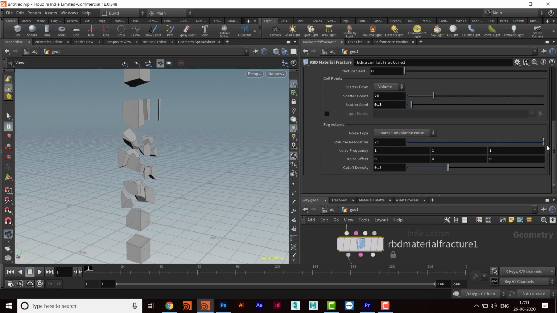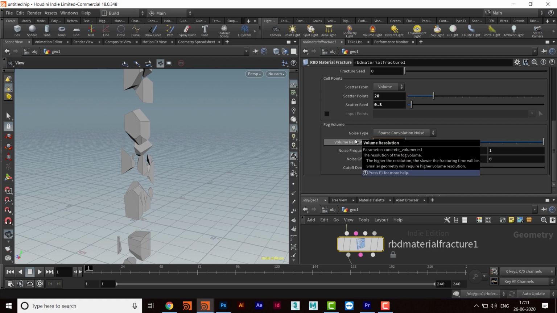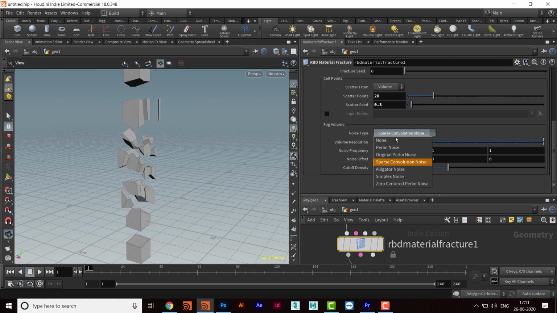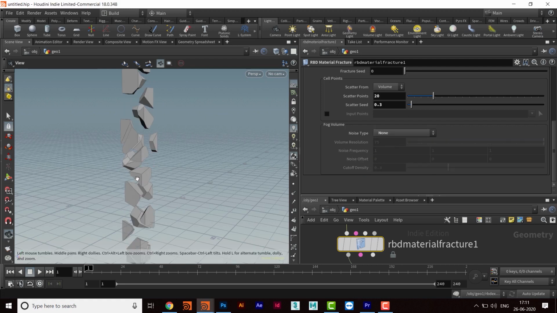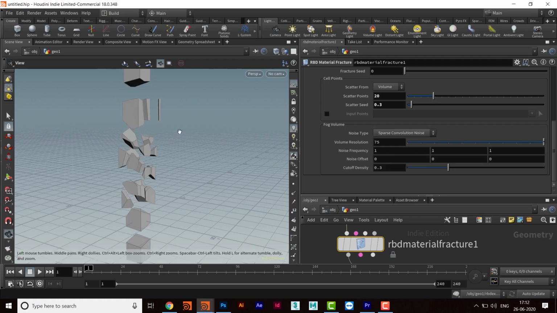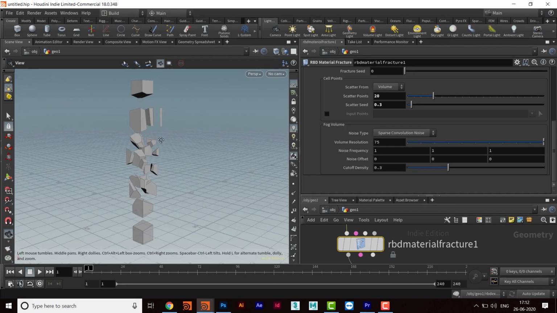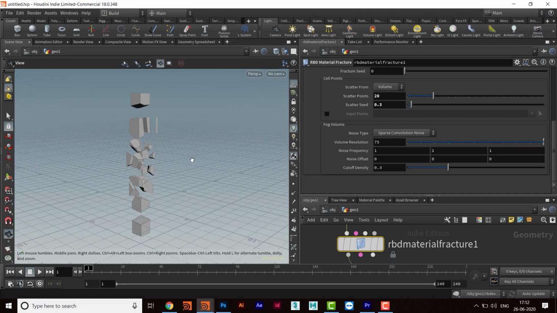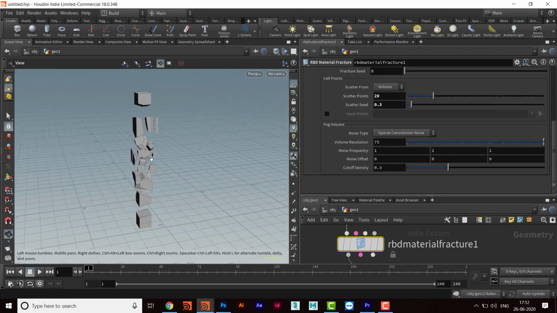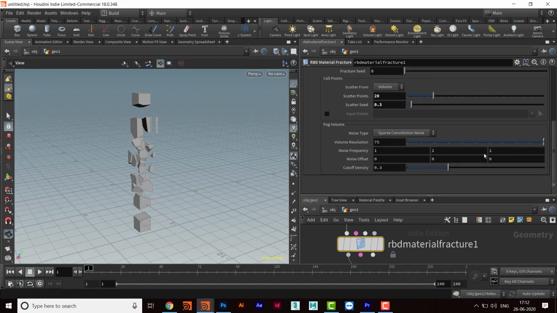We can also use this value to change things. We can also remove this noise, or take some other noise. If you choose none, then this will be the normal one without noise. So we will go back to the normal one, and that is the way of doing the fracturing.